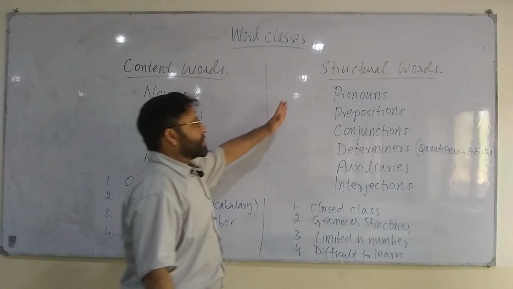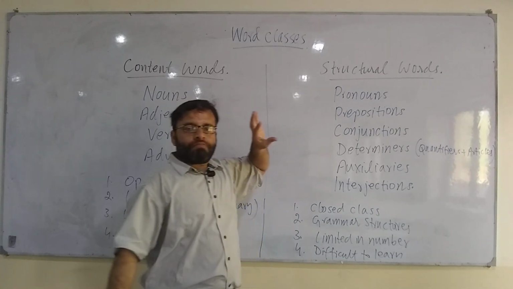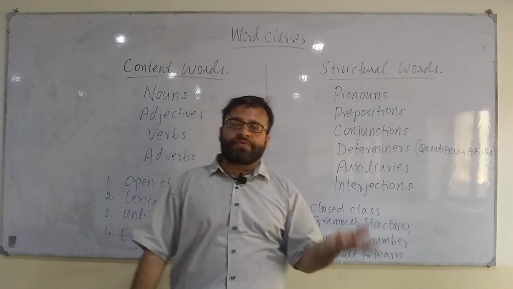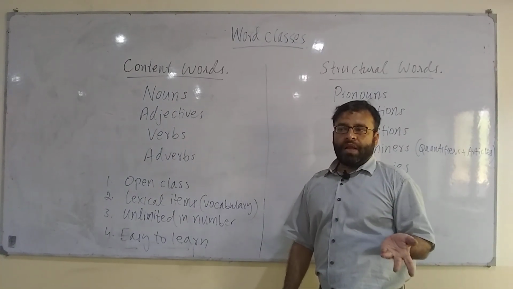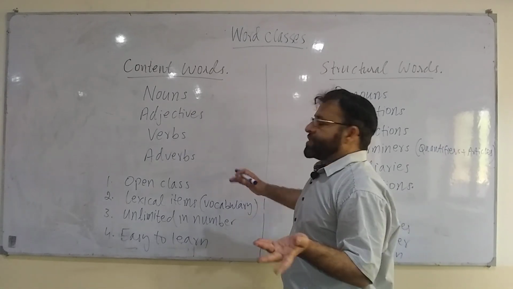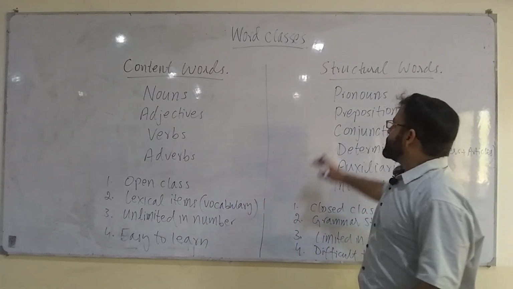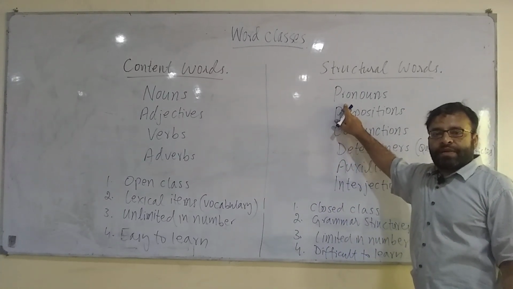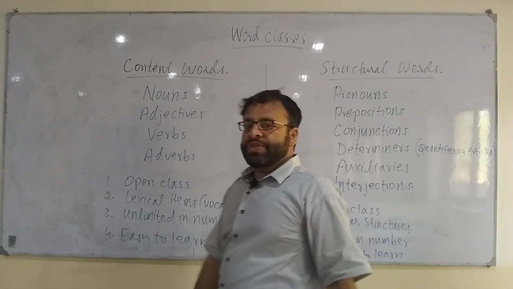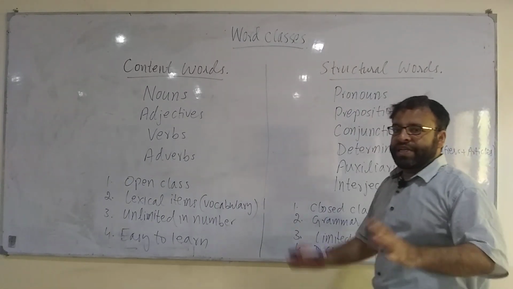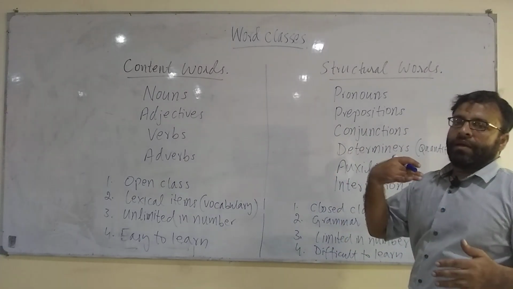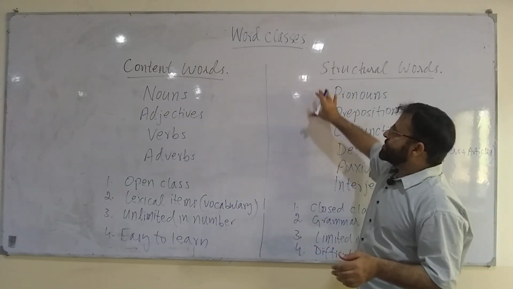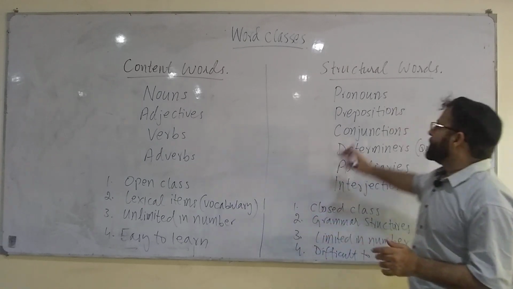So let's come to pronouns. Pronouns are the words which are used in place of nouns. For example, if you are writing a story: Aslam was a very poor boy. If you do not want to use Aslam again and again, you have to use its pronoun, he. Pronouns also have different types: personal pronouns, demonstrative pronouns, and relative pronouns. You will learn further in my next videos when we discuss these word classes in detail.